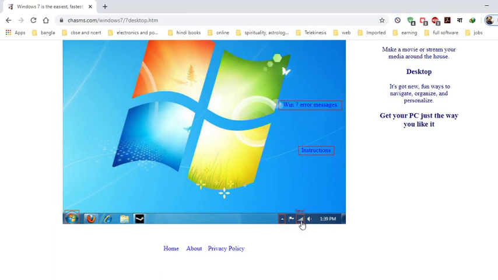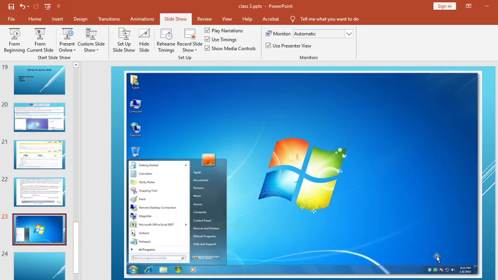This one is for network connectivity. As this is the screen of a laptop, that is why you are seeing this type of screen. If it was a desktop, then the same screen might look like this.